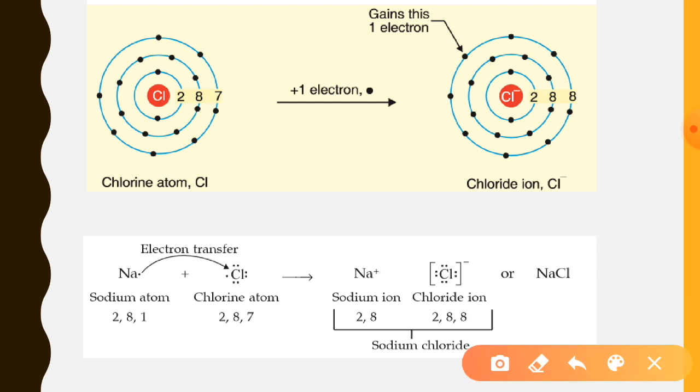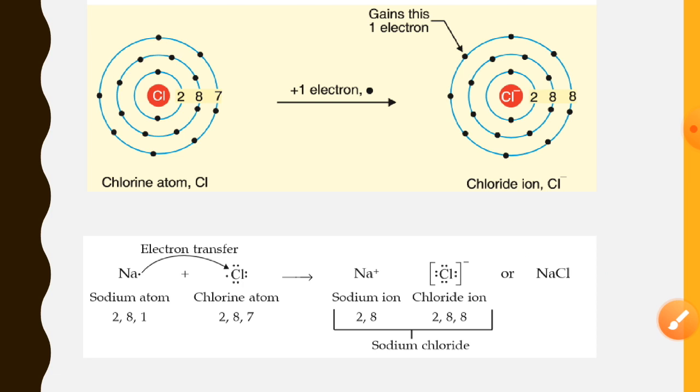Now we will understand the formation of an ionic compound. Look, when a sodium atom combines with a chlorine atom, sodium will lose its electron and that electron will be accepted by chlorine. So the ionic compound can be represented as Na positive Cl negative; these dots are the electrons in the valence shell. Earlier chlorine had 7 electrons. Now, just because it has accepted one from sodium, you can count that this time it has 8 electrons, or you can write it this way. So this is the formation of the ionic compound of sodium and chlorine, that is sodium chloride.